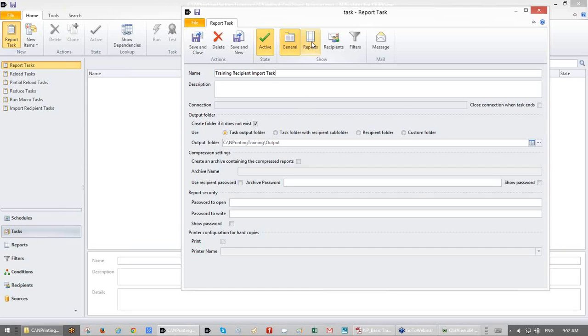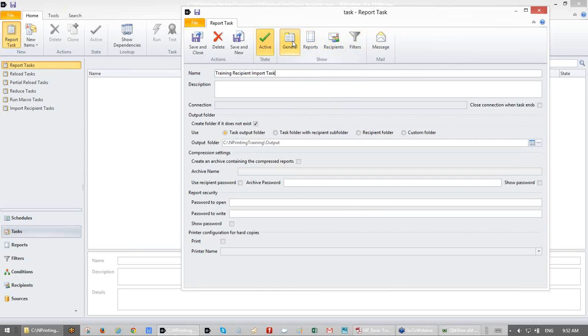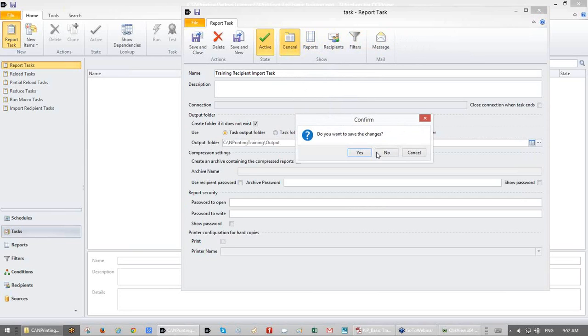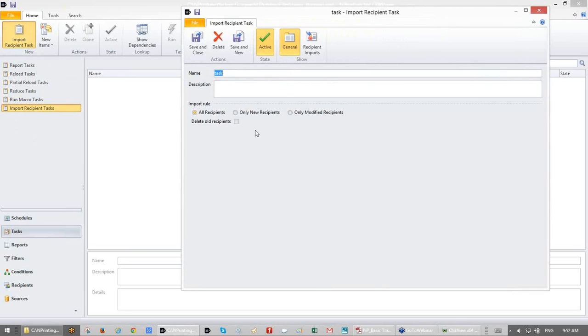Let's go ahead and add a report. Sorry, what are we doing here? Okay, so this is not a recipient. Sorry, my apologies. I've got the wrong task. So let's click on import recipient tasks. Now we're in the right place. My apologies. Okay, so click the import recipient task button, and